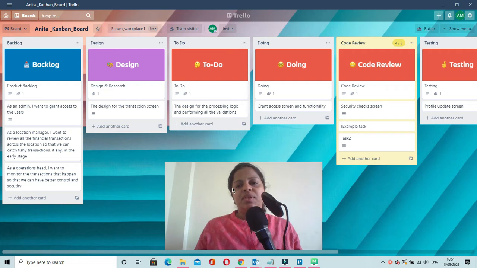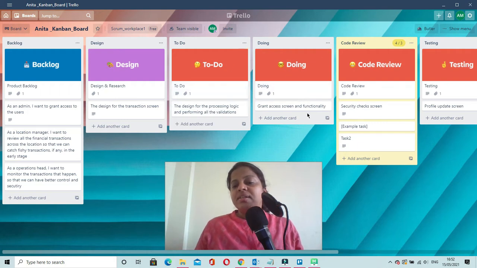I'm using the Trello tool over here. In this I have made different columns for the different stages or phases that we have in our software development process. These are the list of requirements that we have, and these are the tasks present in the design phase. These are the tasks present in the to do phase.